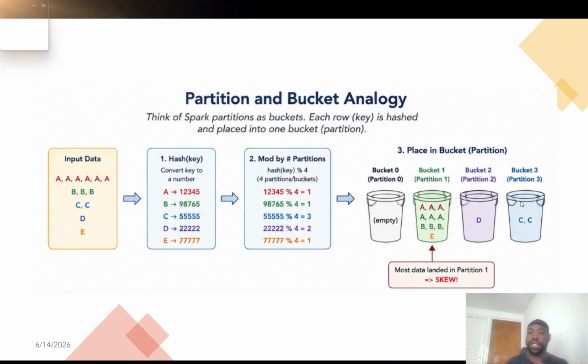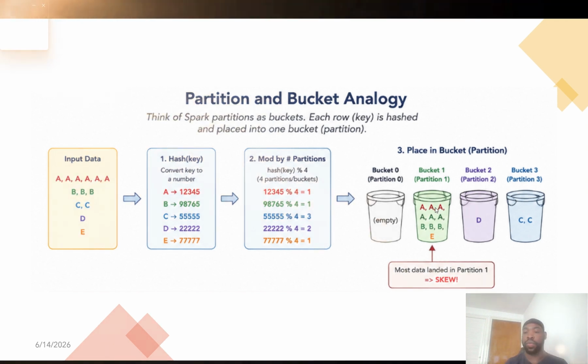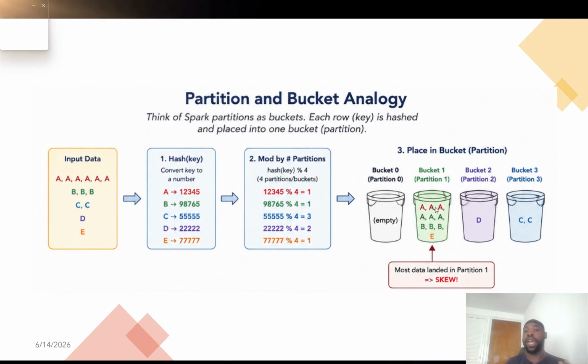After they finish their job, they are going to stay idle because there is nothing else for them to work on. But bucket 1 is going to keep working. In partition 1, the executor or worker responsible for partition 1 is going to get overloaded, and it's going to keep working, and that is when you end up with a job taking more than 1